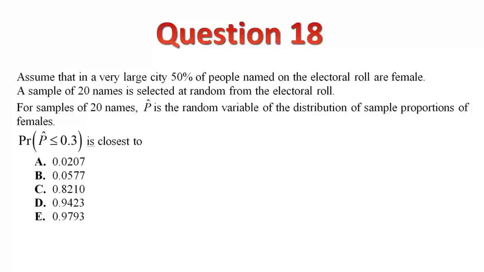A sample of 20 names is selected at random from the electoral roll. For a sample of 20 names, capital P hat is the random variable of the distribution of sample proportion of females. You need to find the probability that the random variable P hat is less than or equal to 0.3 is closest to. So